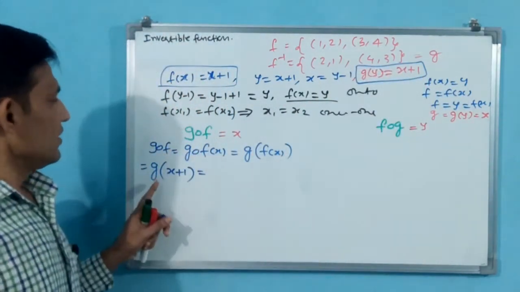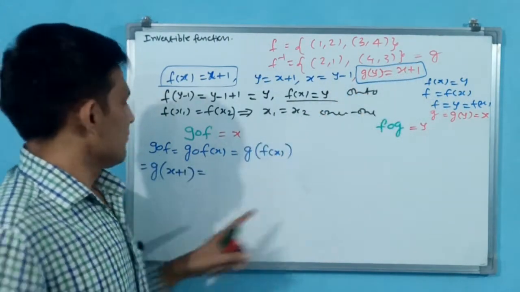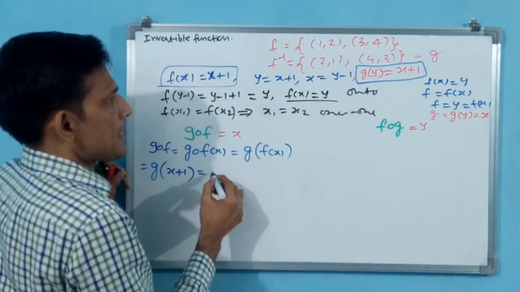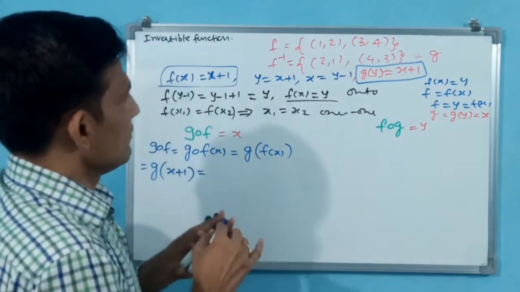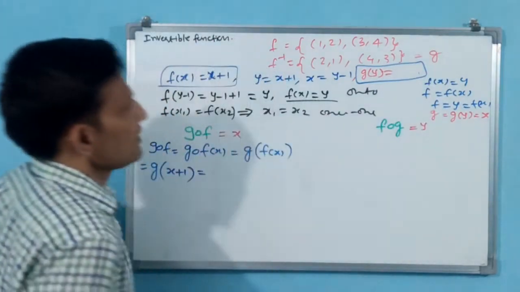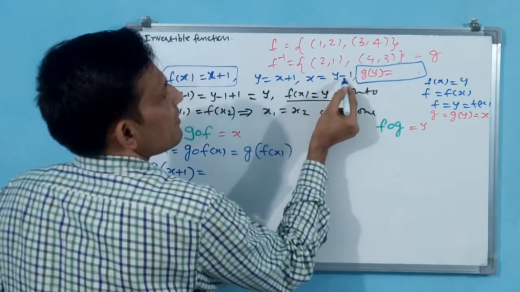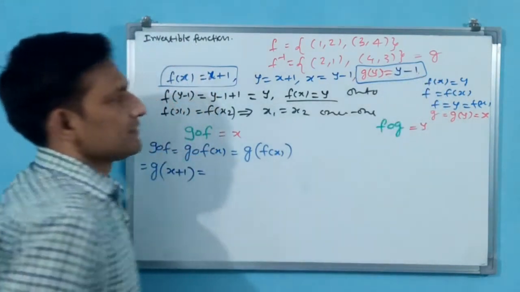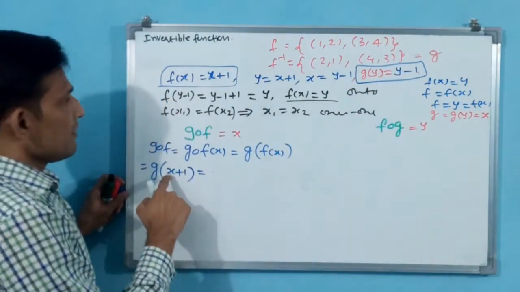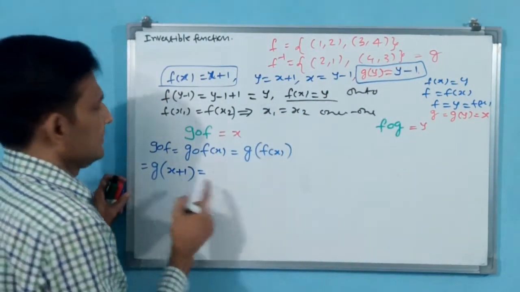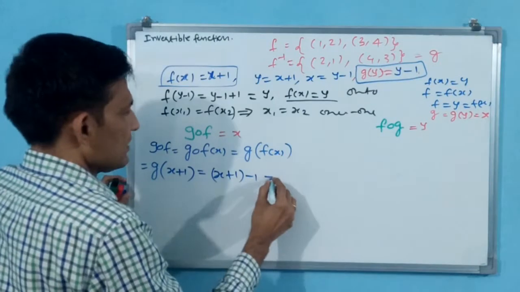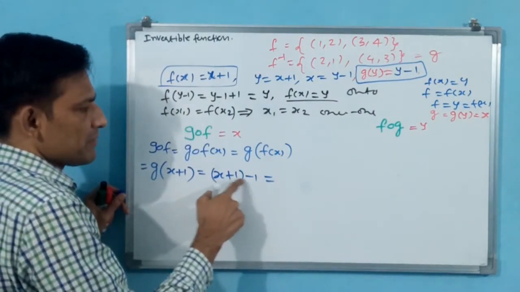Now you see, if you keep Y, X plus 1 will come. If you keep X plus 1, what will come? Here it is going to change. Wait a minute, this is not X plus 1, I have made a mistake. See, G of Y is equal to X means X is Y minus 1. Here Y minus 1 you have to write. Now, if you keep Y, Y minus 1 will come. But in place of Y, you have to write X plus 1. I am writing X plus 1 in brackets, minus 1. That is X plus 1 minus 1, where plus 1 and minus 1 get cancelled and X will come.